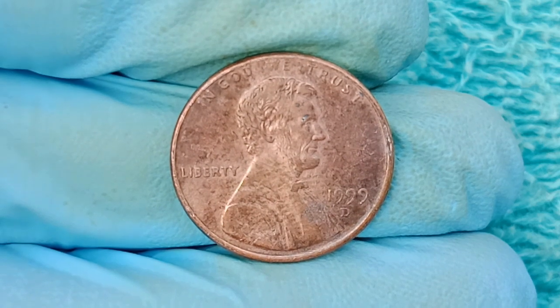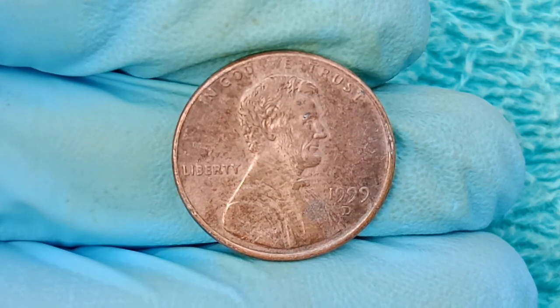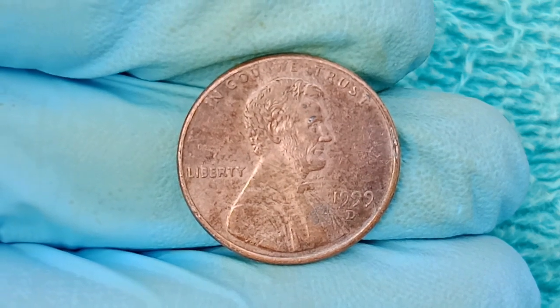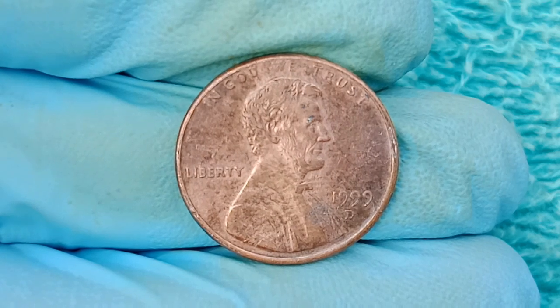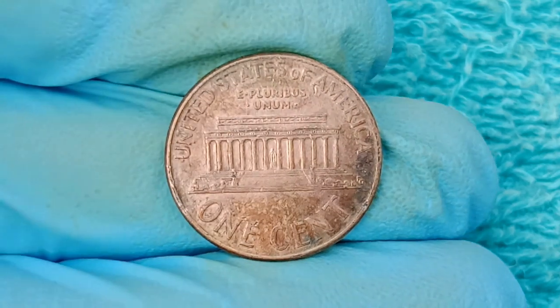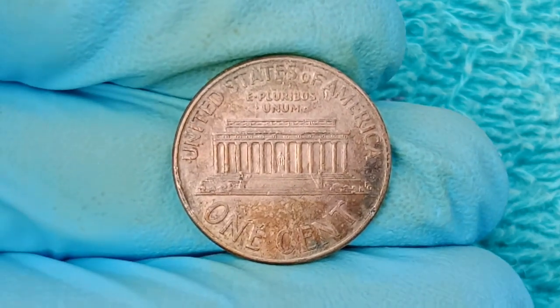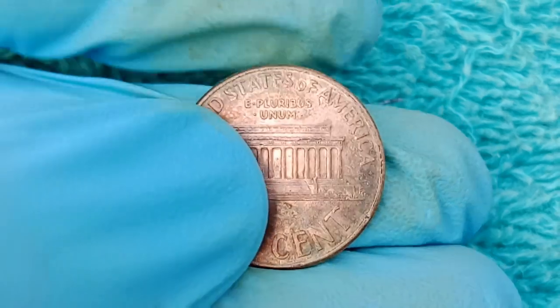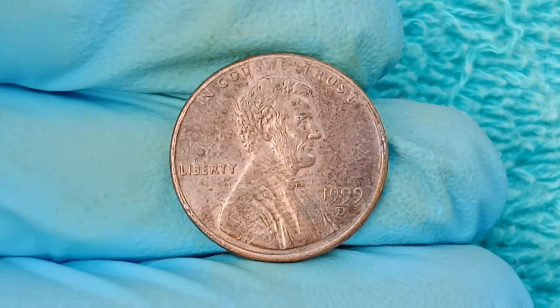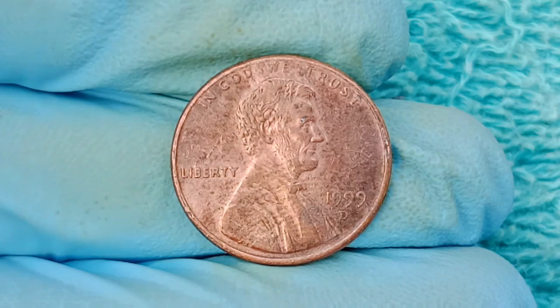due to internal inconsistencies in the striking process, meaning a handful of these experimental cents were accidentally released into circulation, and for years they remained hidden, passed from hand to hand without notice, until a sharp-eyed amateur collector in Arizona stumbled upon one in a bulk lot. Purchased from a garage sale, instantly noticing its unusual shine, deeper reddish tone, and sharper relief on Lincoln's face, which